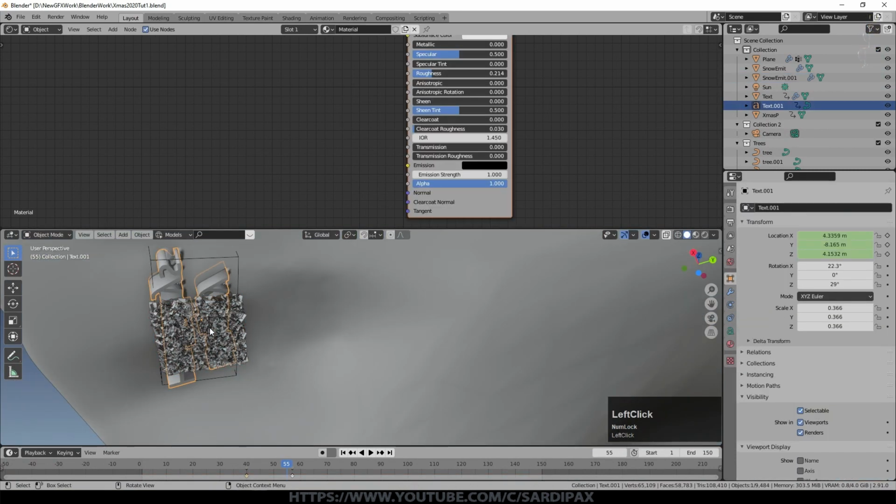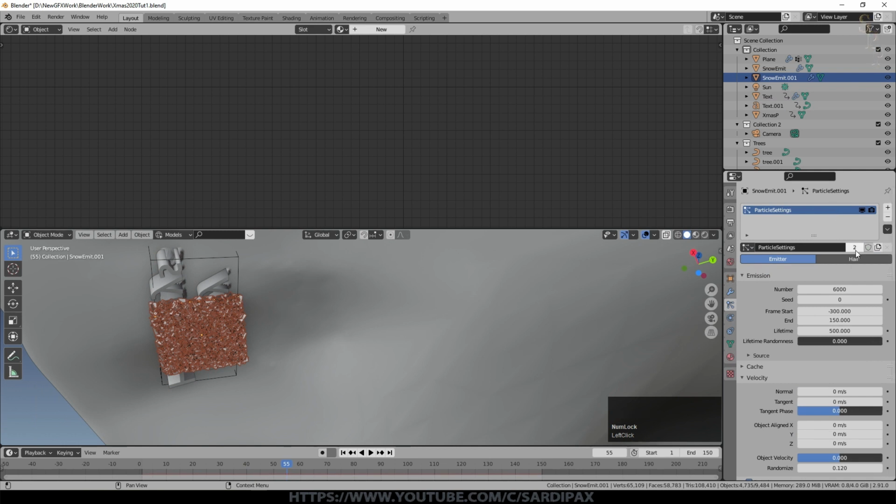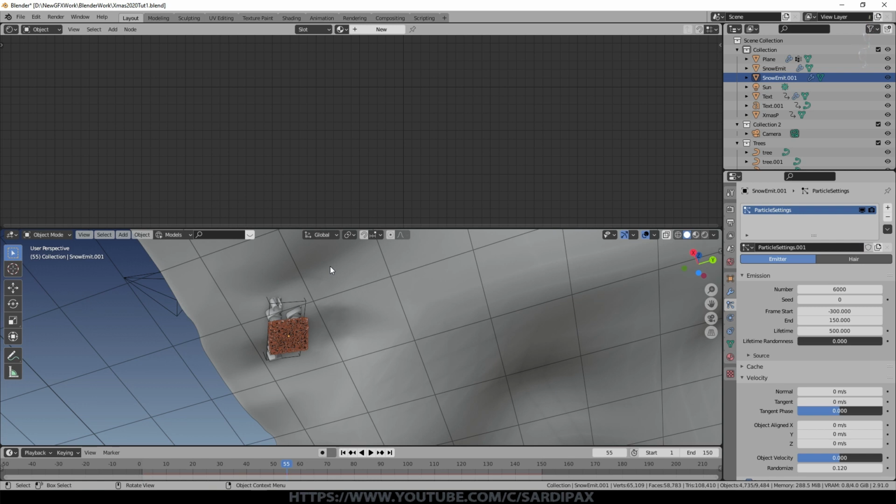So I now need to change the particle system. Before you change anything, make sure you click this little 2 here, otherwise you'll be affecting your main particle system. Need only a few snow particles for this, so I set that to 200. Start frame needs to be where we want the collision to happen, so about 55, and just 3 or 4 frames beyond that, so say frame 58 is when they end, and the lifetime can be perhaps just 100 frames. It doesn't need to be that long.